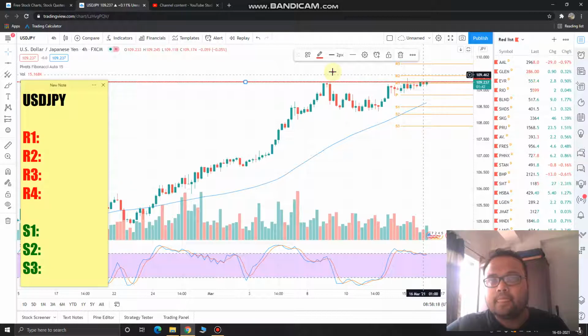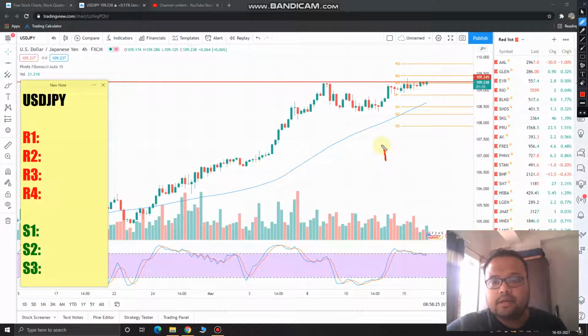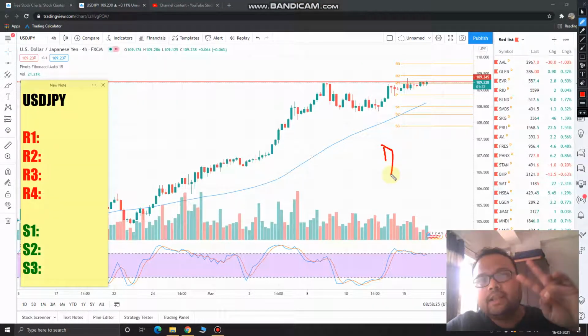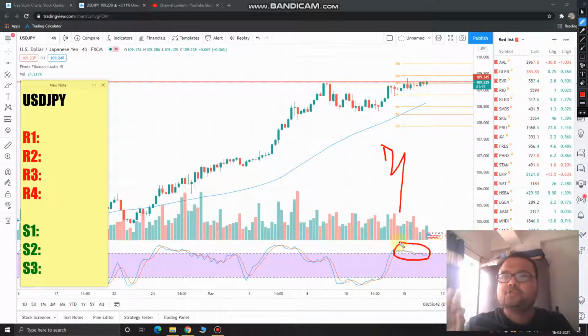So you can go for two strategies in USDJPY. The first strategy is, as I've already mentioned, the area of value is always near the support, and here the support is the 50 moving average. As market is in the overbought zone for a considerable amount of time, market will eventually come down.